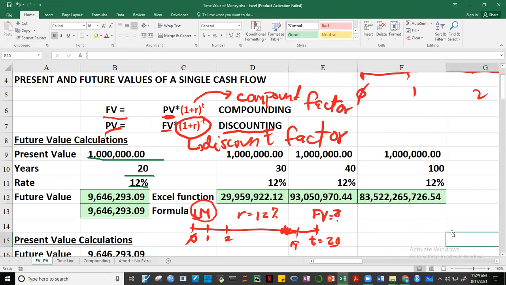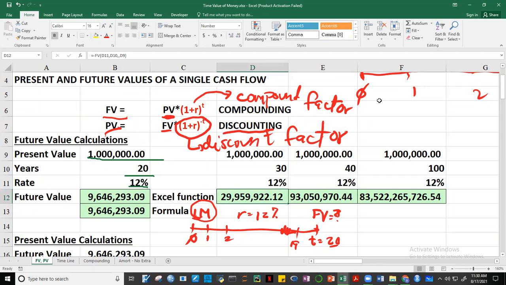All right. What do you notice, guys? Pag 30 years, yung number of periods, notice that the 9.6 million becomes 29.959 million. Magdagdag ka lang ng another 10 years, from 29,